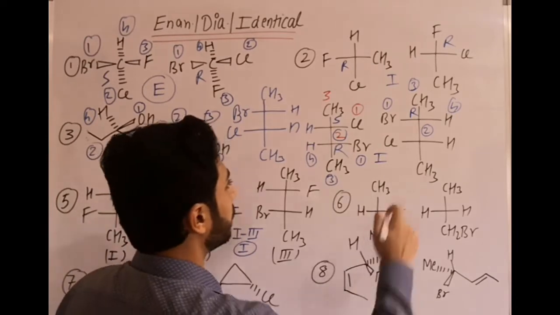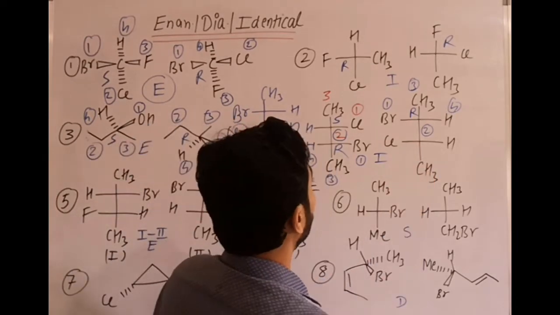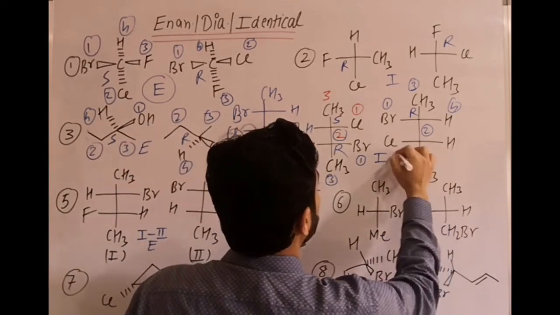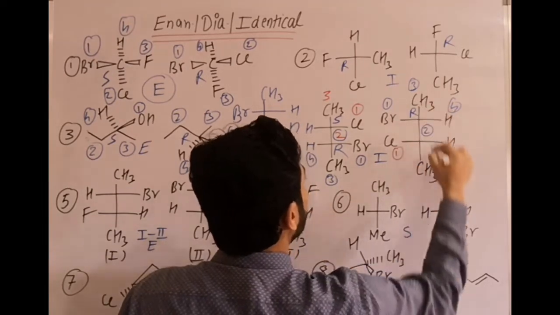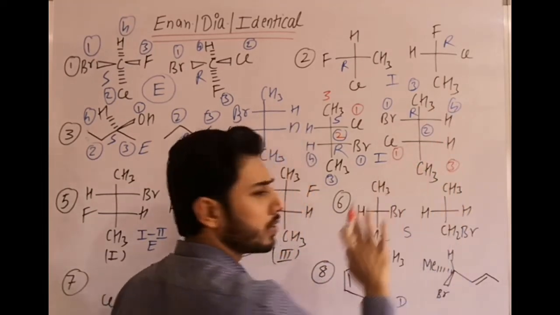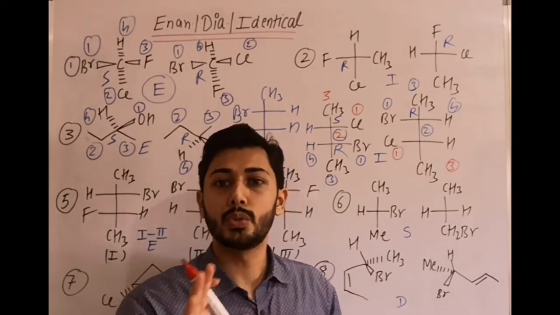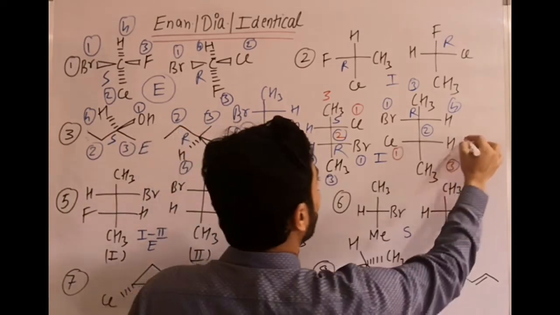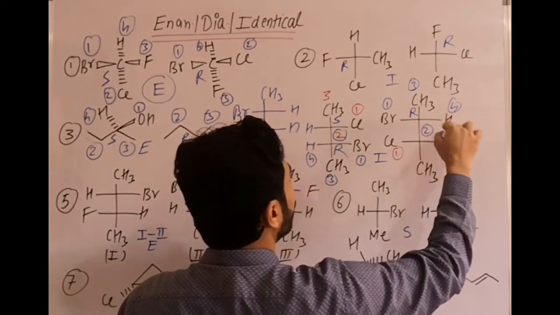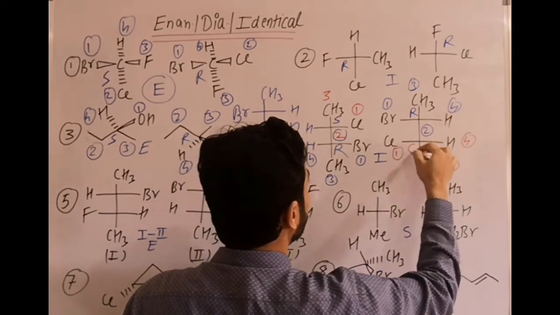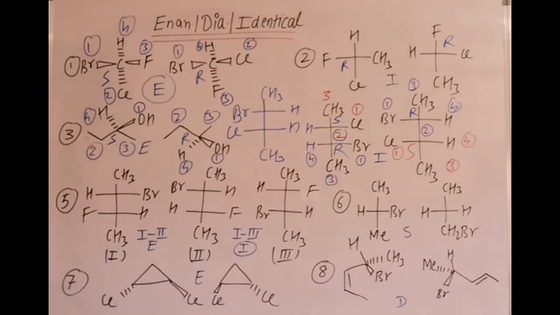Okay. Next. For the next one, it is Cl1. This completes group 2 again. This is 3. I am using CIP rules. That's why I said when we solve it, we use the theoretical points. So you should remember these CIP rules. And then it is 4. 1, 2, 3. That is clockwise. It becomes S.